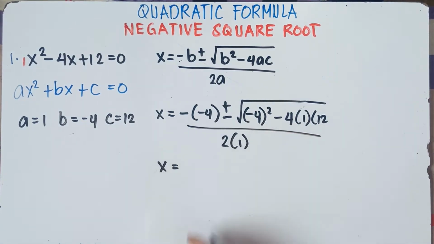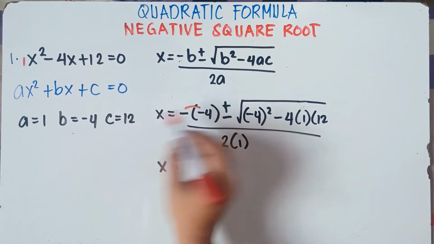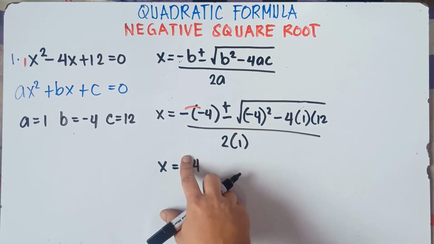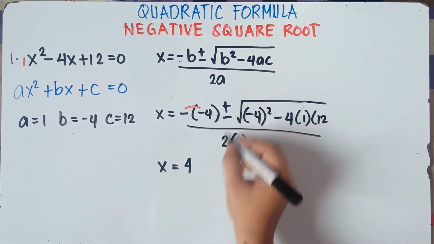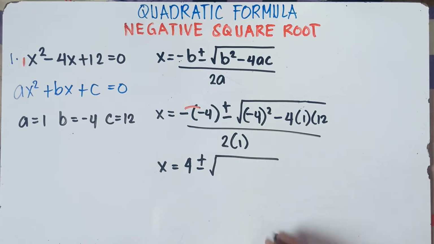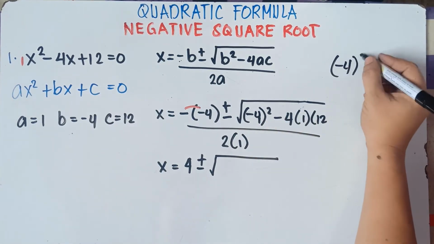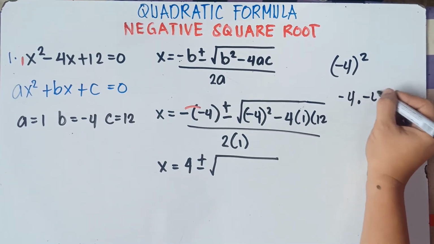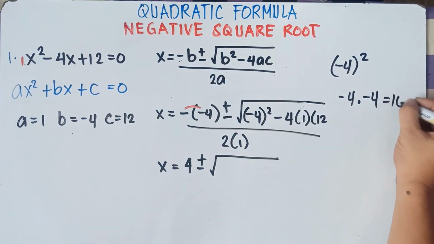So x equals, we have both negatives, so you need to multiply them, class. Negative times negative is positive. So positive 4, you can put a plus sign or just simply erase it. It means positive 4. Then copy plus and minus the square root of, so negative 4 squared means you multiply negative 4 by itself twice. Negative 4 squared doesn't mean negative 4 times 2, it means negative 4 times negative 4. Negative 4 times negative 4 would be positive 16.